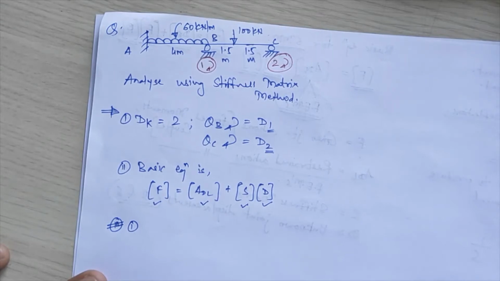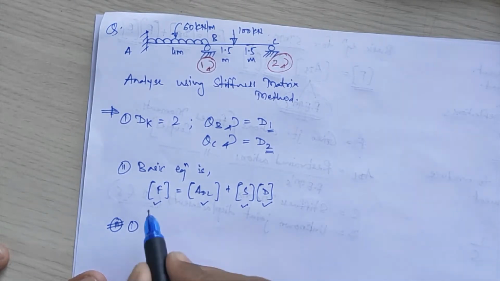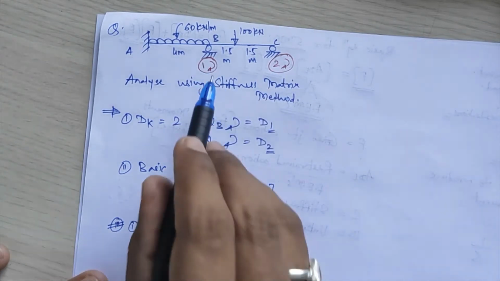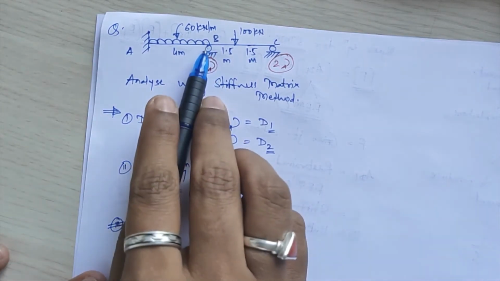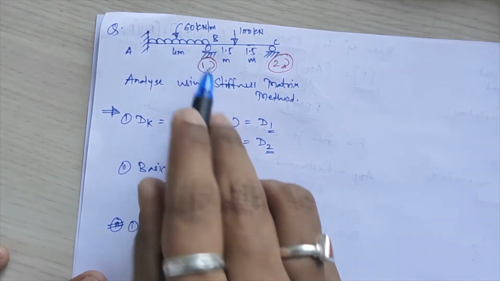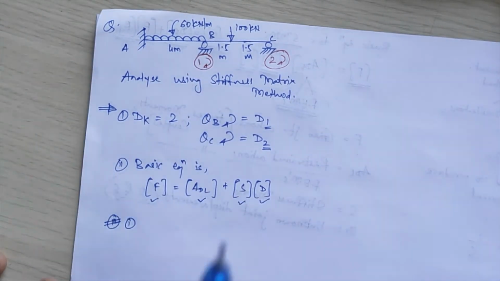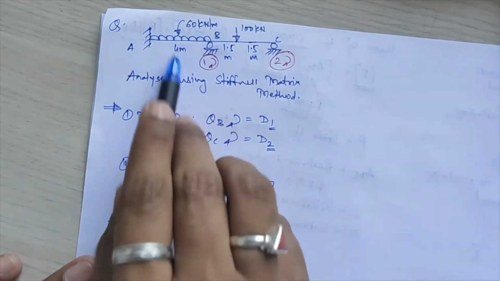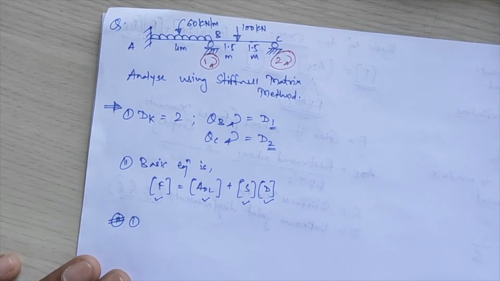So what you have to do is see whether any external moment is acting at both these points or not. If theta is your redundant, then you have to see whether a moment is acting. If you are having deflection over there, then you have to see whether you are having any force as the redundant one. So here you have to see whether any other external force is acting over here, just like in your flexibility matrix method.